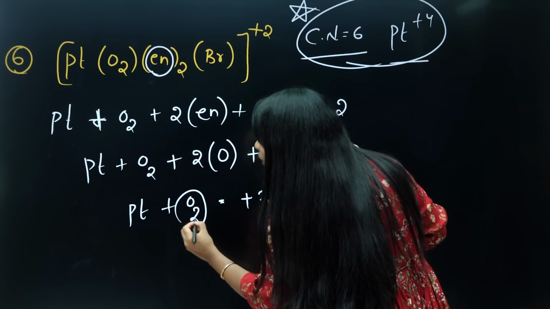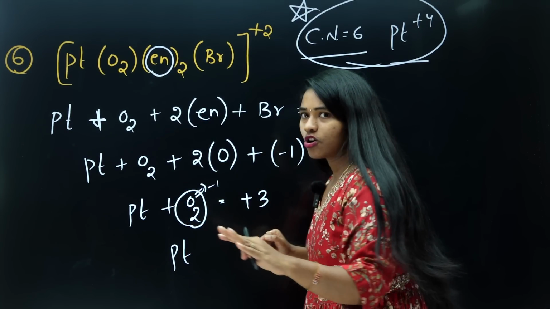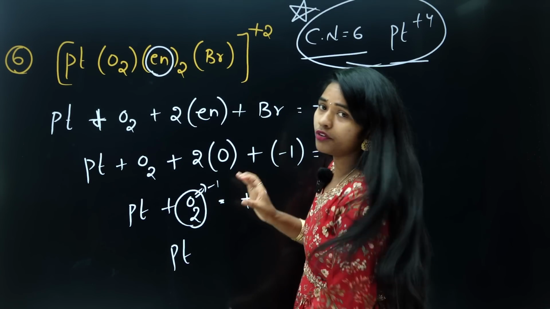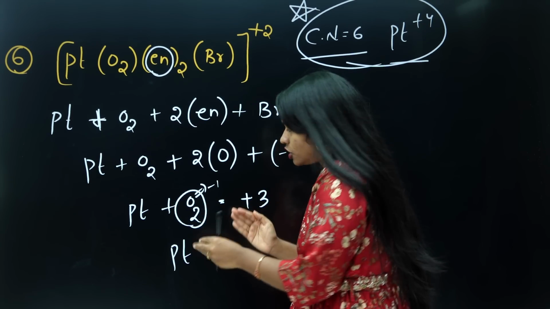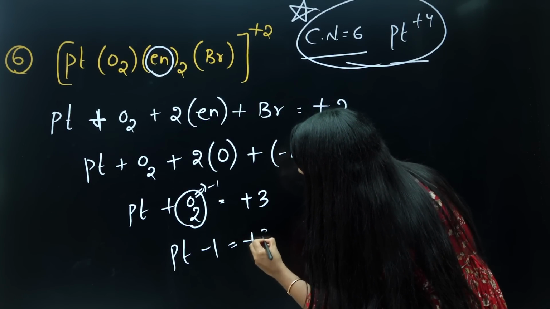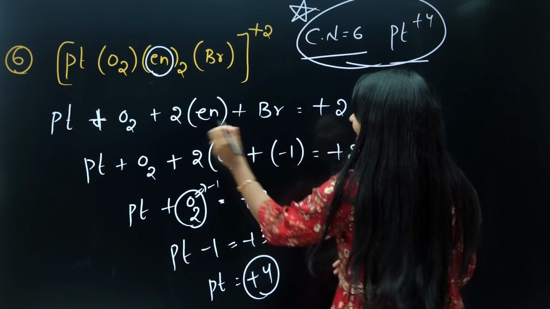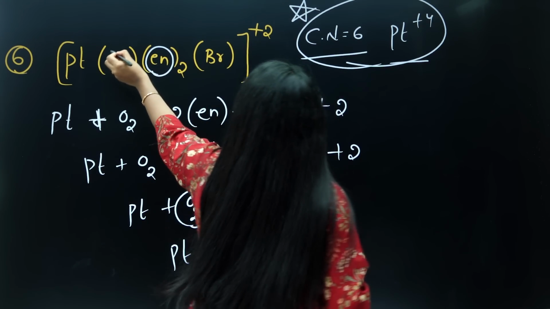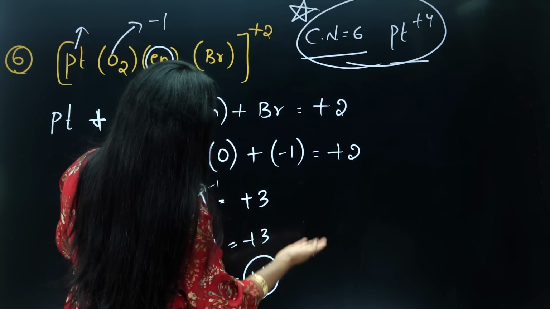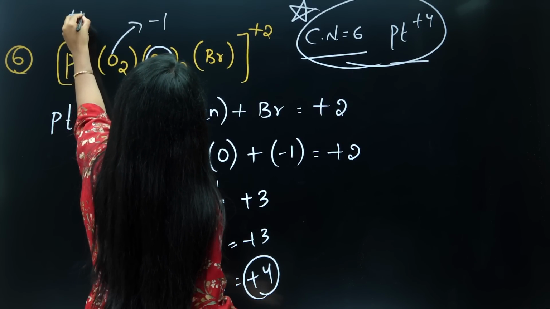Here you have to keep the oxidation number. Again I am telling oxidation number because oxidation number means for an individual atom. Here for O2 we are considering charge. So total charge should be -1, then only we will be getting +4. So here it is a superoxide ion whose charge is -1. Platinum's oxidation number in this complex will be +4. Got it?